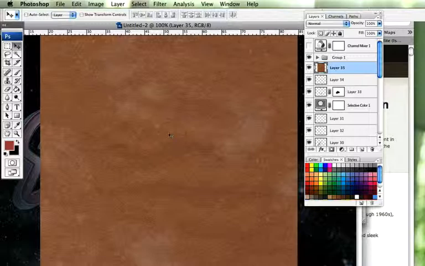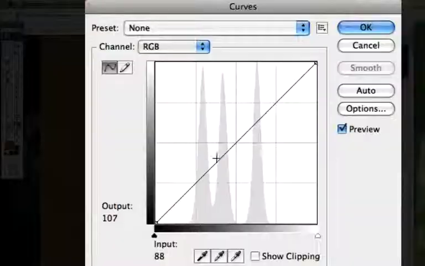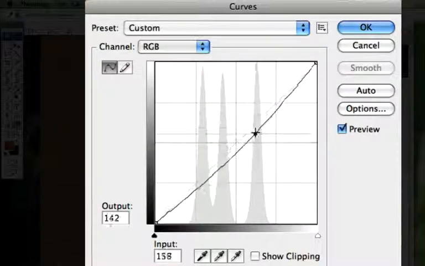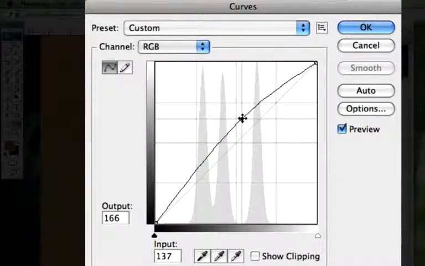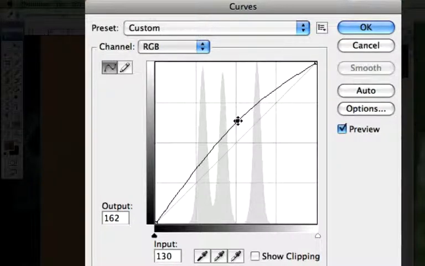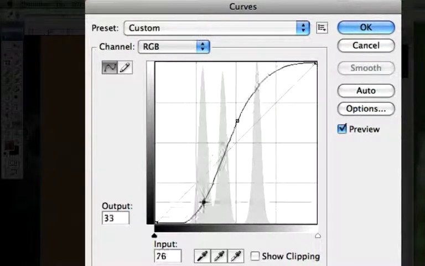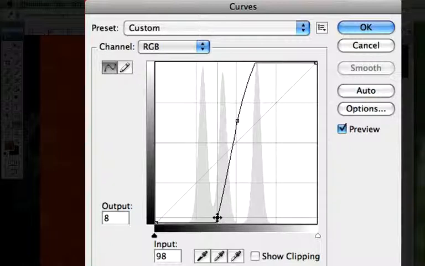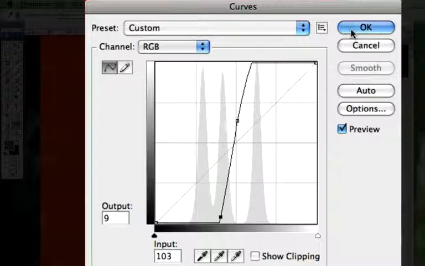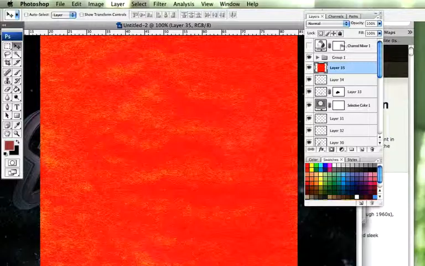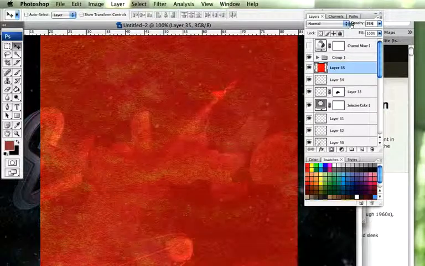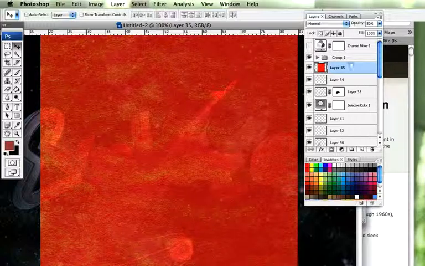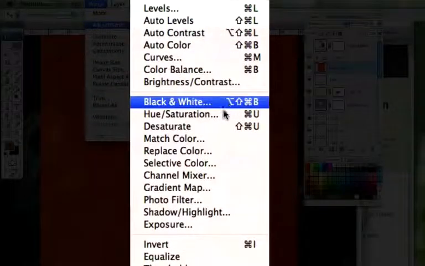We're going to play around with the curves, so Control M or Command M, and what we're going to do is we're going to bring it up something like this, and just really play around with the curve so we've got really high contrast like that. Click on OK. We're going to set its opacity down to 80%, and we're going to desaturate it. Image, adjustments, desaturate,